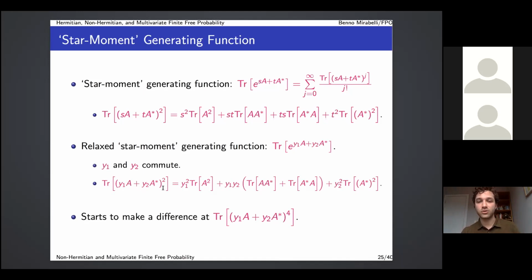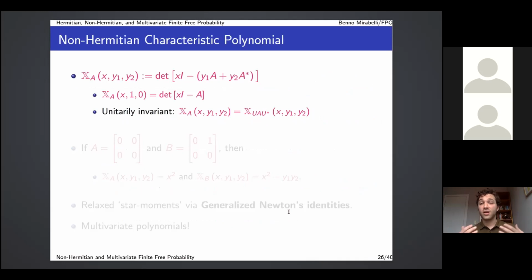So the second order term for this generating function just gives me a single term Y1, Y2, where the coefficient is the sum of the coefficients from the ST and TS term, because now Y1 and Y2 are commuting. These really are different generating functions, and it starts to really make a difference once you get to 4th order terms. Y4 might make sense if you're familiar with free probability. All right, so just as before, we studied the moment generating function, but now I thought, okay, what if we take our relaxed